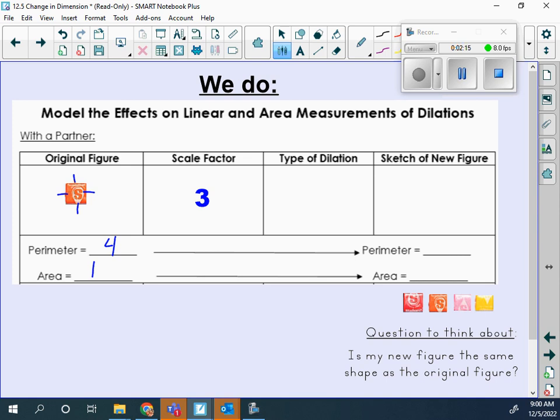Okay. Now, if I use a scale factor of 3, first of all, what type of dilation is that? It's an enlargement. So what are you going to actually do with your Starburst? Each side, we're going to multiply it by what? 3. So go ahead and build. There should be plenty between you and a partner, there should be enough to do this. I don't know if there's enough for each person at this stage, okay? So figure out who's going to basically work together. But if I multiply each side by 3,